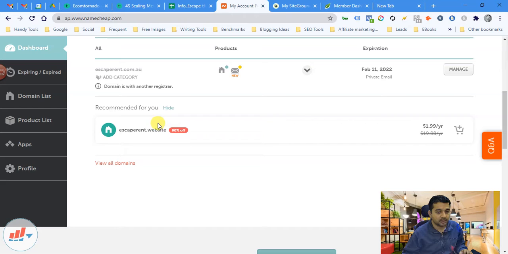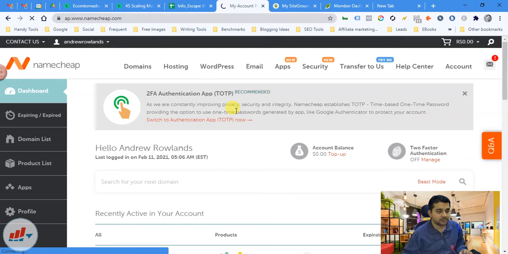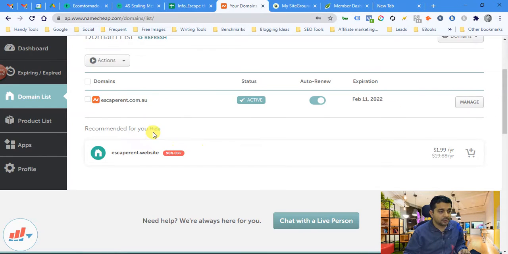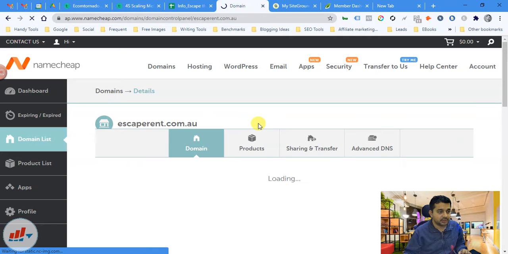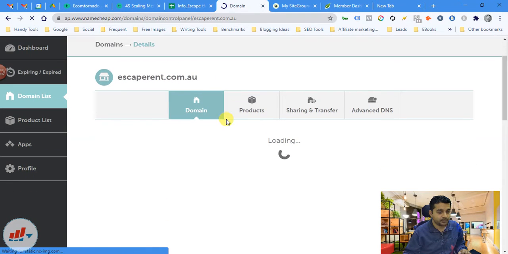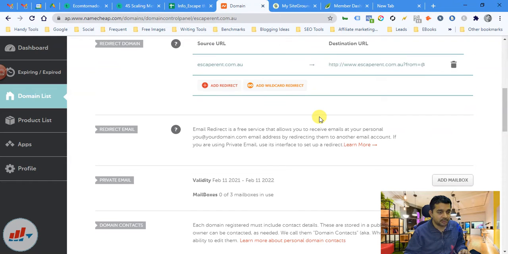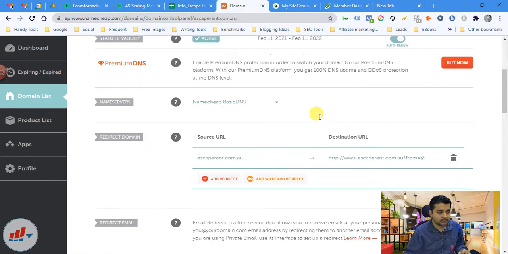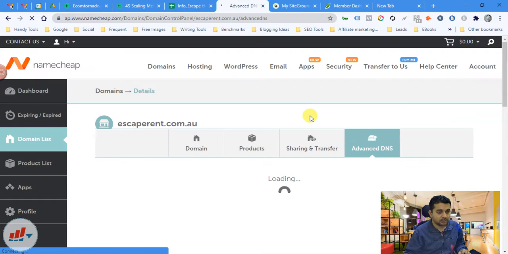settings. Let's check the domains list. This is the domain that we have. Now we'll go to manage this particular domain, and let's see if we are able to change the DNS settings here. I think advanced DNS setting is available. Currently I can't see it here, but I think advanced DNS would be the option.